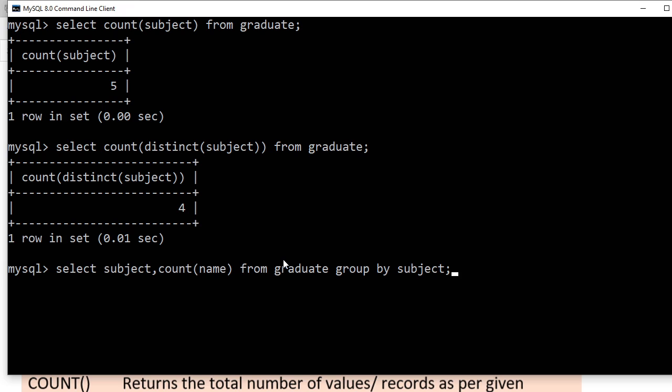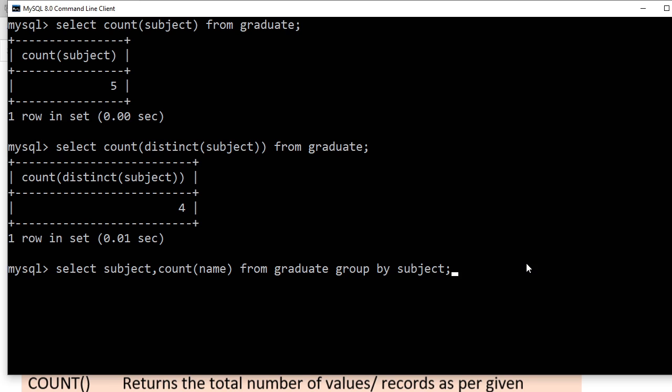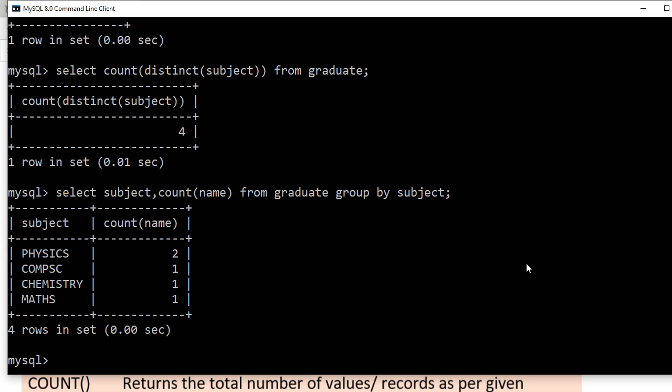See this clause. Everybody understand this one? Group by is going to make certain groups from your query. Whatever things are being counted and printed will all be categorized according to the group given here. So I'm going to press enter, then let me see. Very well, see, it's coming.